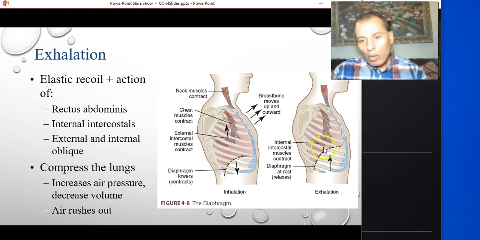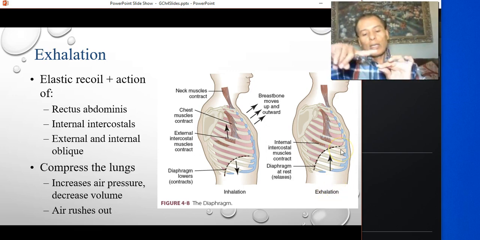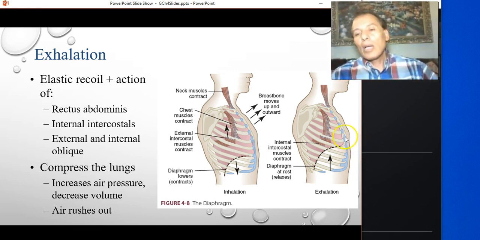And then below the 7th rib, you go 1, 2, 3, 4, 5, 6, 7, and then you go 8, 9, and 10. These are called false ribs because they don't have a direct connection to the sternum. They combine their cartilages together, and they connect onto the cartilage of rib number 7. They have some kind of connection, but indirectly. So we call these the false ribs.